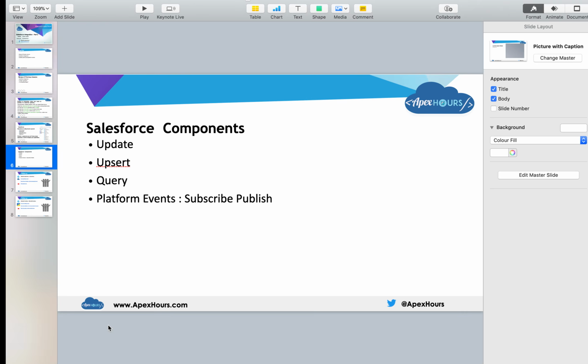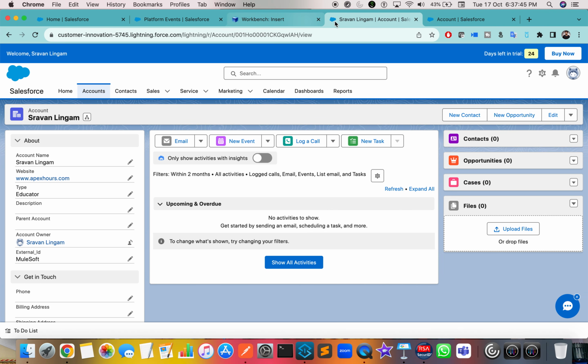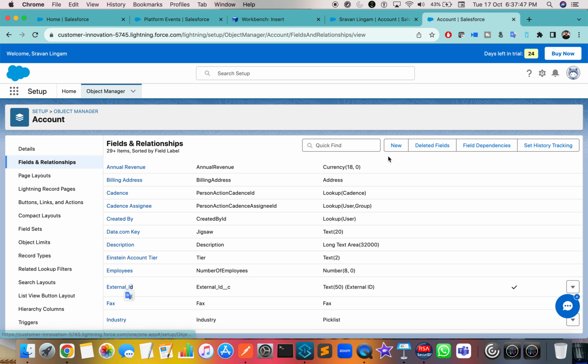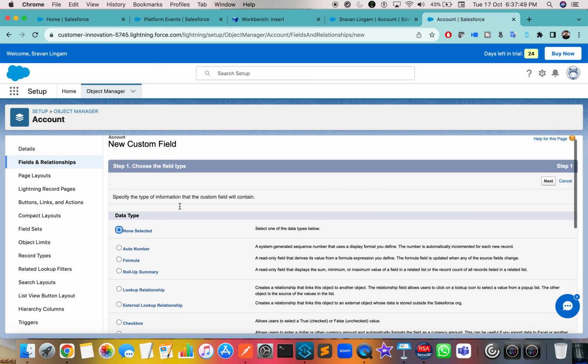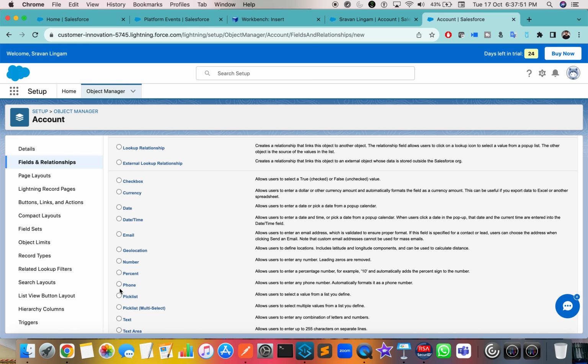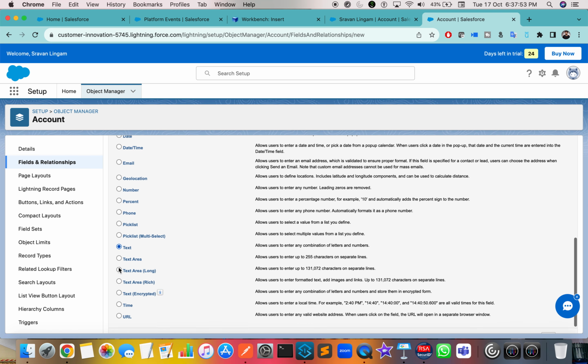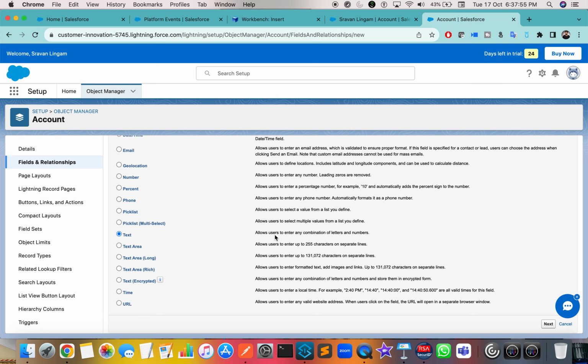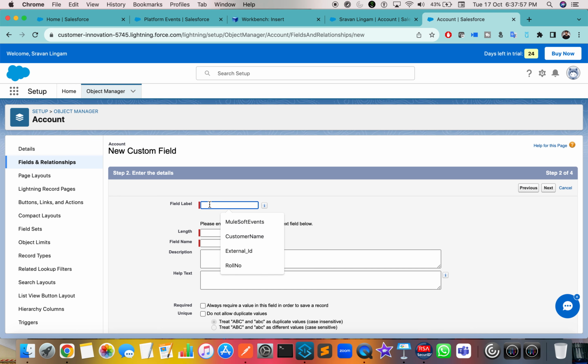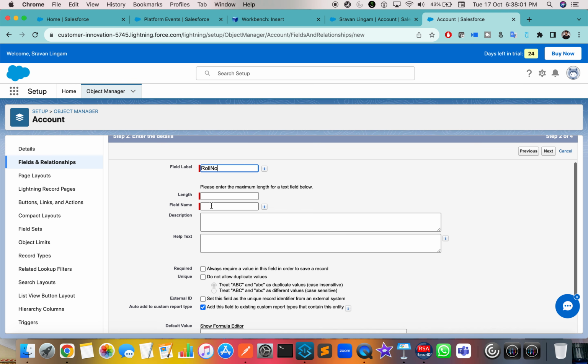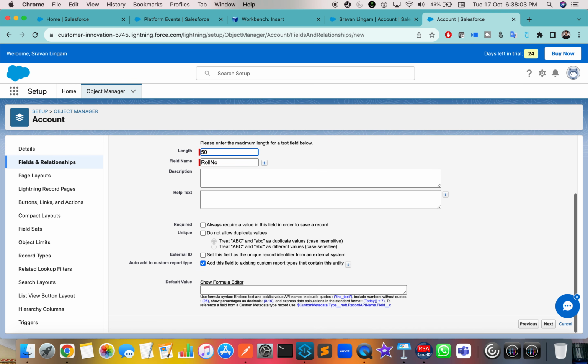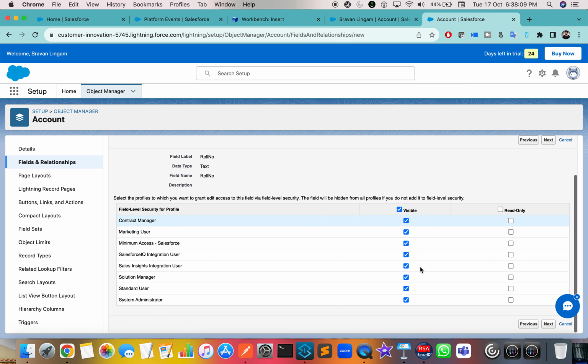You can have more than one external ID field, it's all up to you. You can go here to the fields and relationships, click on new, and add a new field. It can be phone number, it can be date, anything. I will go with text area, and you can give a field label. Here I don't have roll number, so I can give roll number. Length you can give 550, and please enable it as external ID. Okay, and go to next,